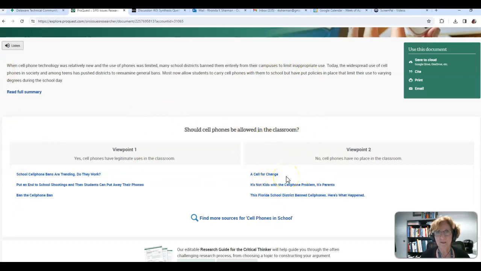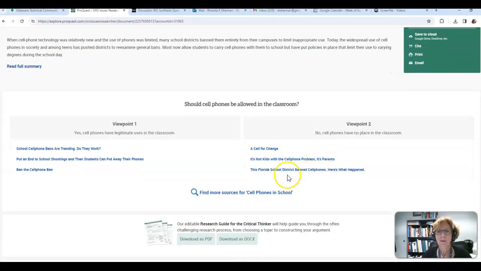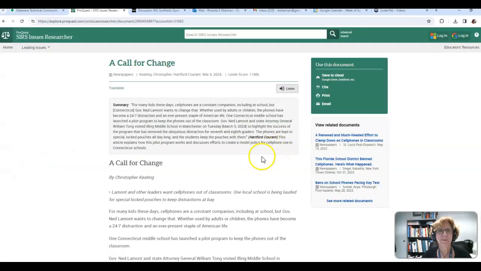So for this week's research, I would like you to use SIRS to get both of your articles. If you used SIRS already, you'll just need to find more articles from SIRS that are good for your topic. So you can check out the articles that are listed and see if they work. Do make sure they pass the CRAP test.